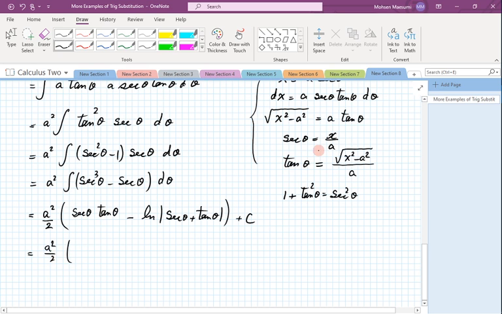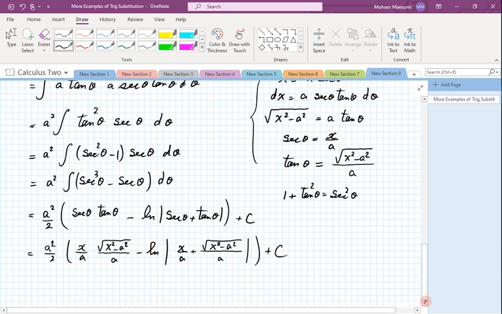Secant is x over a, tangent is this other one, minus logarithm of just the sum of these two, x over a, and then I have the other one, radical x squared minus a squared over a,